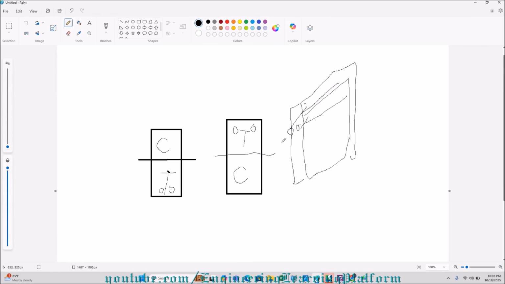Now when the moment is being applied, let me draw in a better way so that you can understand it. In the middle we have the positive reinforcement, and at the edges,